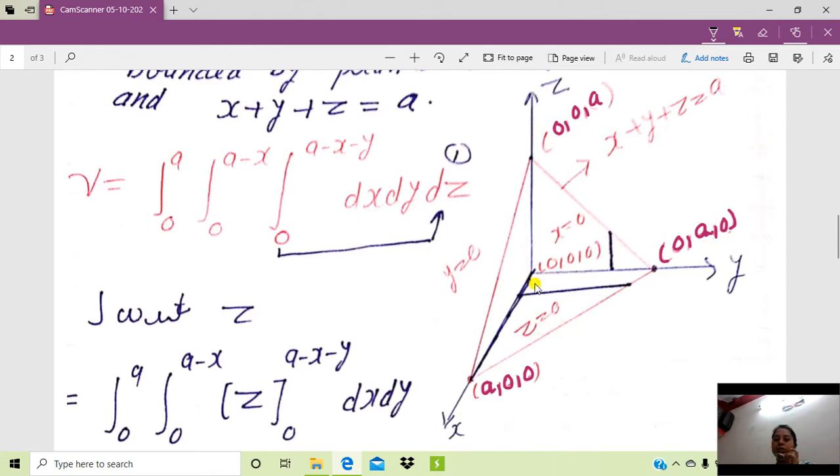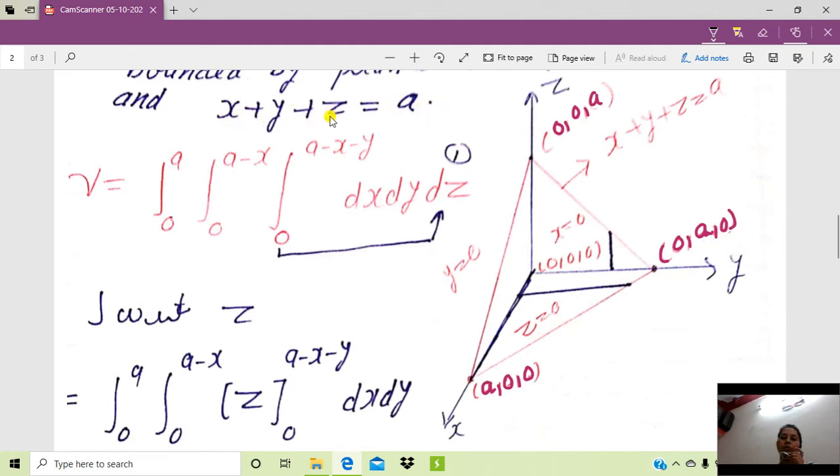Here we have in 3D, this plane is the yz plane, which is also treated as the plane x is equal to 0. So one of the planes is x is equal to 0, and as we can see, this plane is the plane xy or floor, and this plane is treated as the plane z is equal to 0. And this plane, you can imagine, is the plane xz, which is also known as the plane y is equal to 0. So we have three planes, x is equal to 0, y is equal to 0, and z is equal to 0, and the fourth plane is the plane x plus y plus z is equal to a.